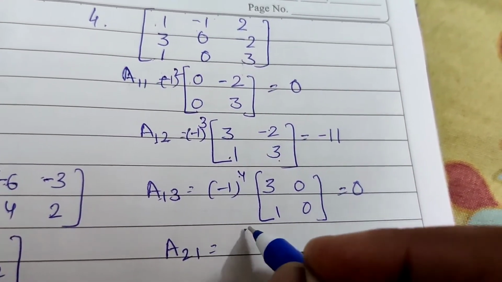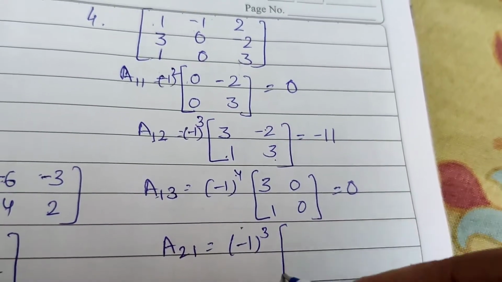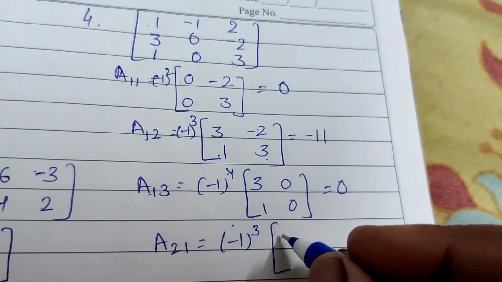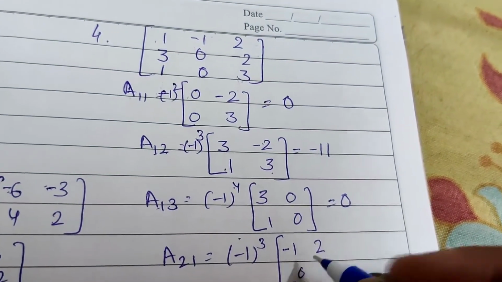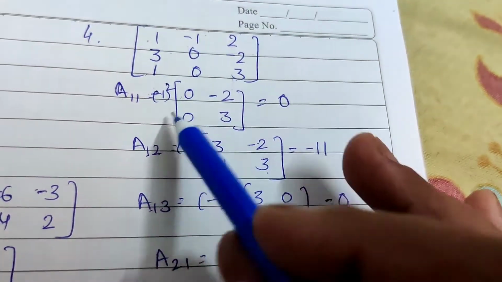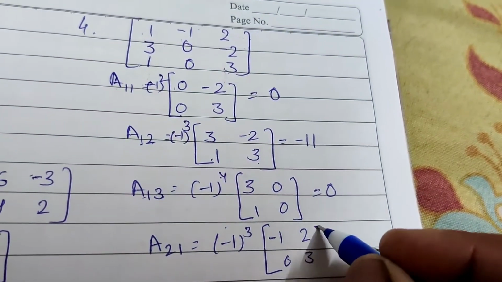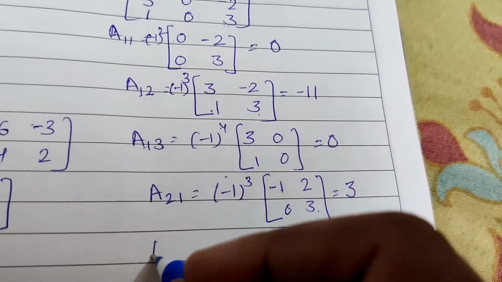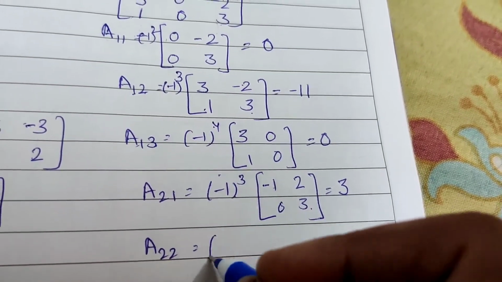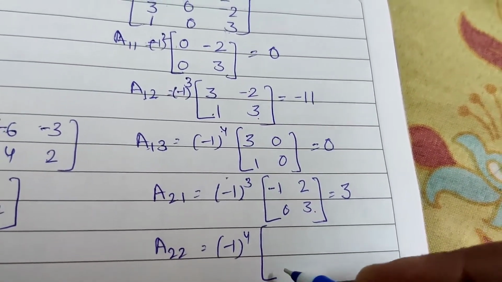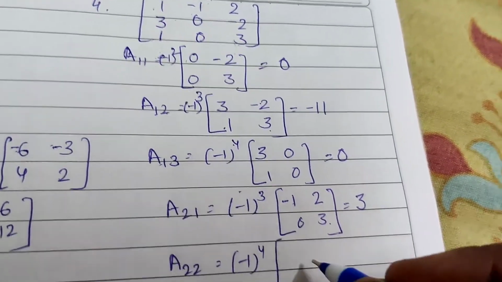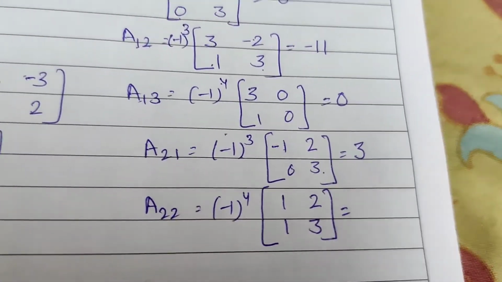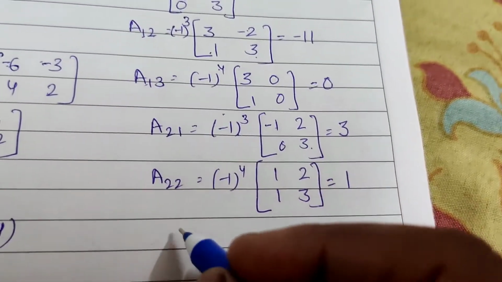A21, second row first column, minus 1 raised to power 3, and the minor is minus 1, 2, 0, 3. It is minus 3 and with minus 1, it is 3. Next A22, minus 1 raised to power 4, second row and second column eliminate, it is 1, 2, 1, 3, 3, minus 2, 1. A22 is 1, and A23